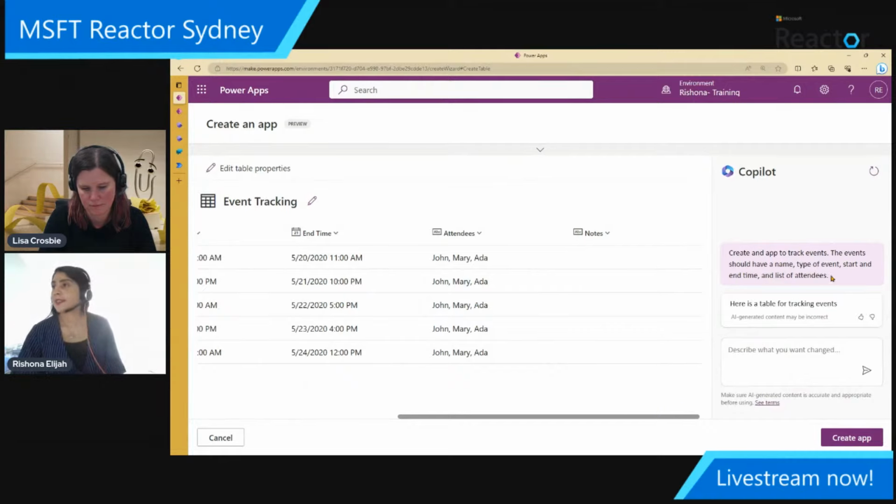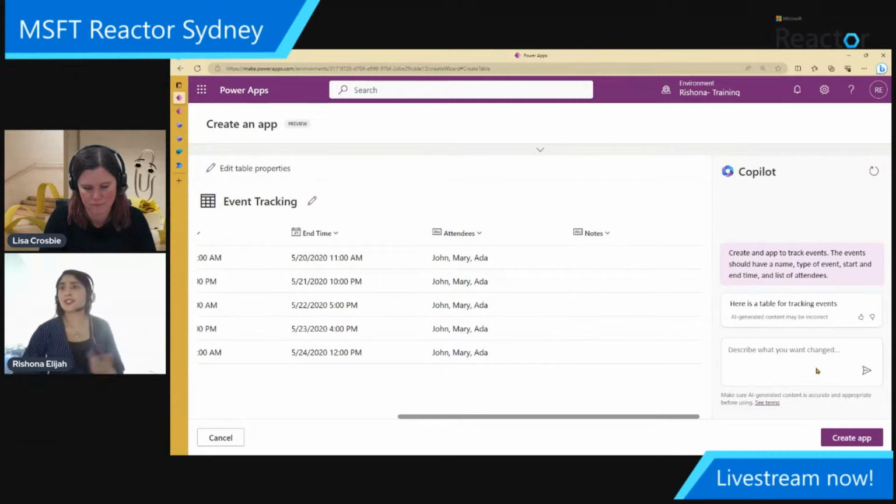So what you'll notice is that I said that I wanted to also track who the attendees are, but typically attendees, that would be a relational data model that you need to create. You would have another table to store that. So with this feature at the moment, it can only create one table. That's why you can see that it actually just added attendees and it sort of listed people's name there. So it only works for one table at this time.